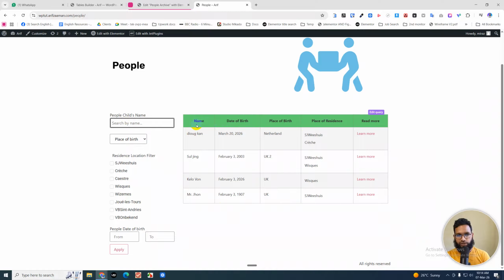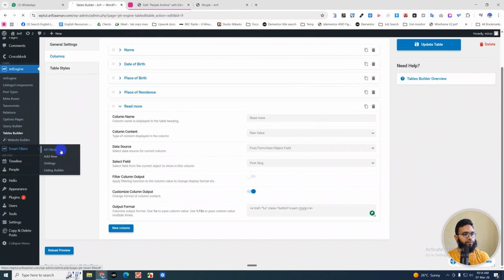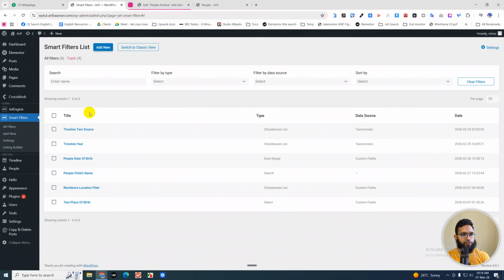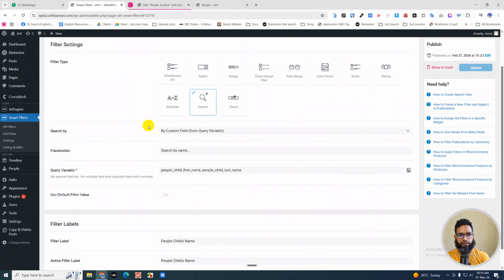By default, we are not displaying the child name here, but I know that there is someone's child name, Abel. Yeah, so you see that it's working fine, right? Let's get back to the backend and go to the filters. So our first filter is the child's name, and this is a search filter because we are searching something,